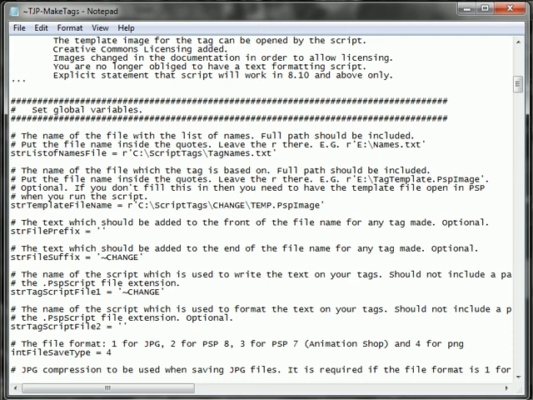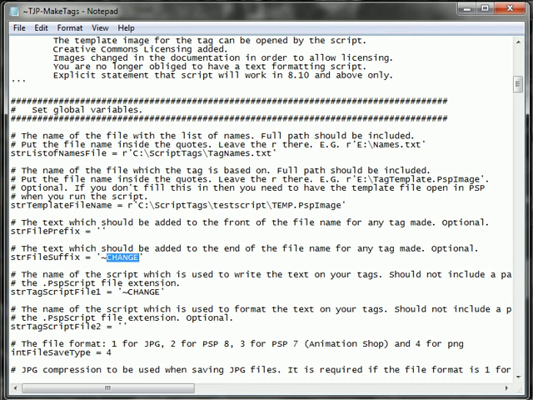Now, this second line here, the second paragraph here, you will see you have your blank, which was the temp, T-E-M-P, and then this will be the folder name. Now, I put change here so that way you know that needs to be changed, and it's in your script tags folder on your C drive. So I'm going to change that to test script, and then I'm going to highlight, right click, copy,